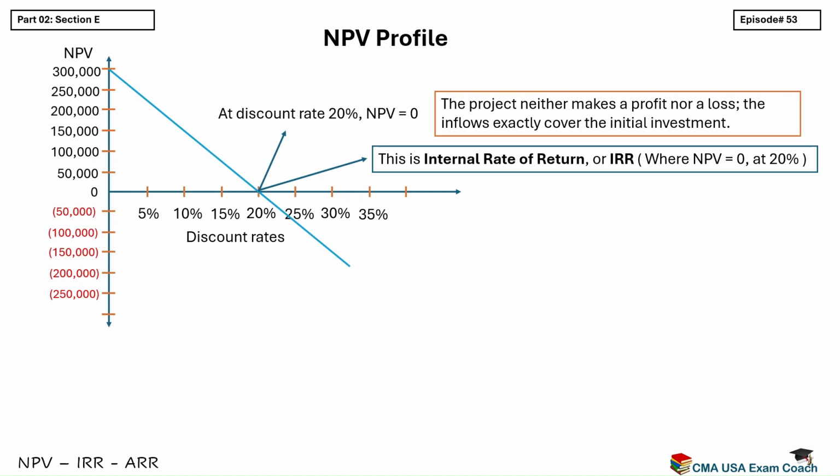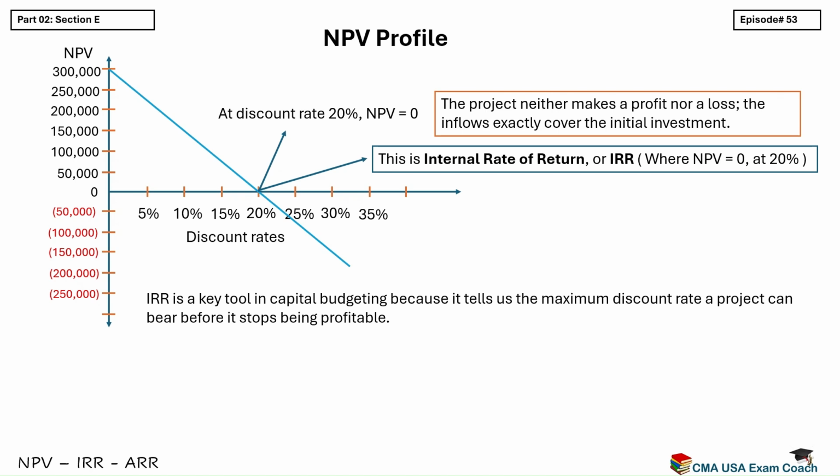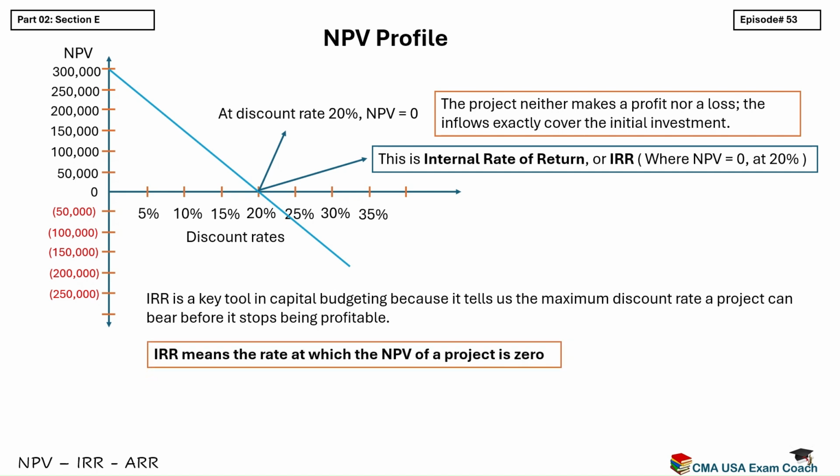IRR is a key tool in capital budgeting because it tells us the maximum discount rate a project can bear before it stops being profitable. In other words, it helps managers quickly assess whether a project meets the company's required return and risk expectations. So, in simple terms, IRR means the rate at which the NPV of a project is 0. In the next section, we will dive deeper into how to calculate IRR and use it alongside NPV to make